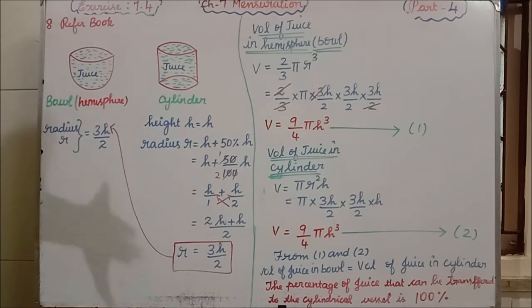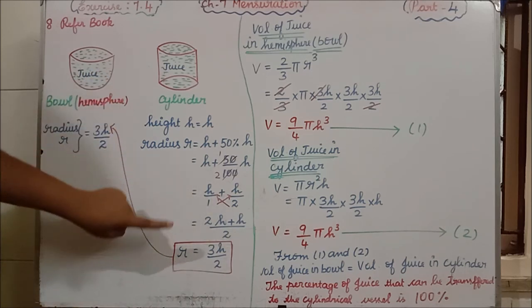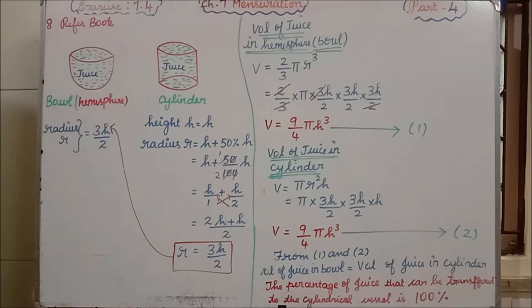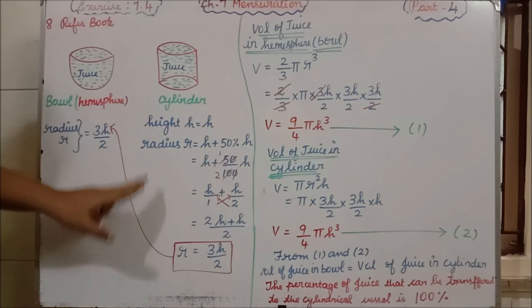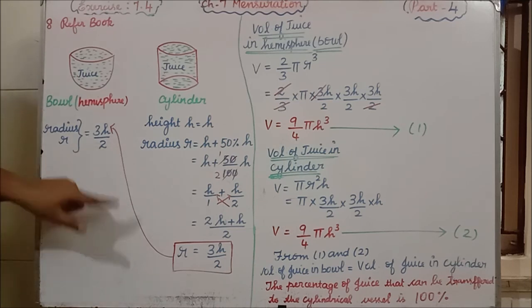Students, in the question they were saying what? The same diameter for the cylinder as well as for the hemisphere. If the diameter is the same, then the radius is also the same. So whatever radius we are getting for the cylinder, that is the radius for the hemisphere also. So only I have written the line. From this derivation, I have got the radius for the hemisphere. When you are writing classwork, you also draw a line like this, but you need not draw it in your exam. For your understanding, we are drawing this line.